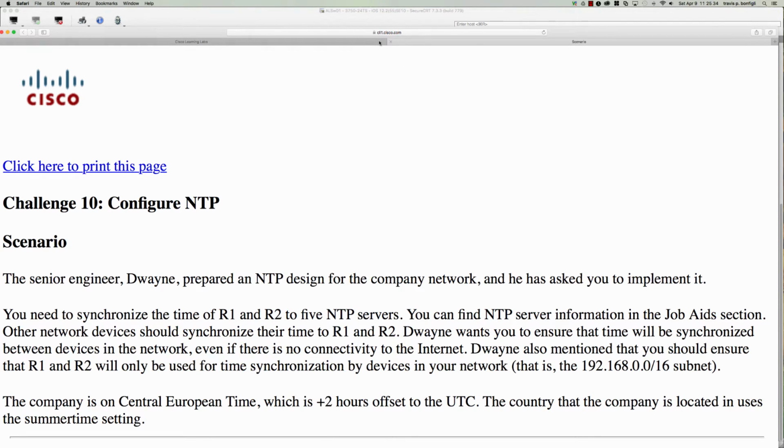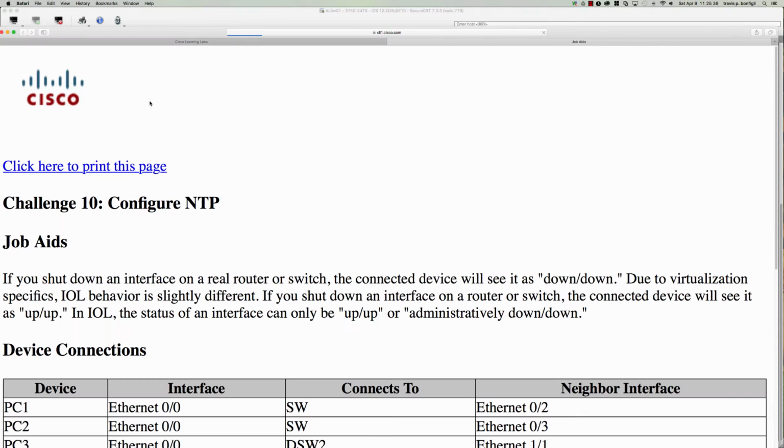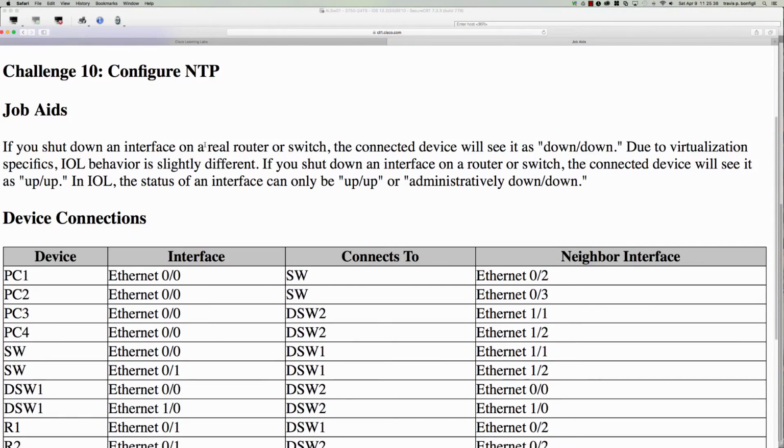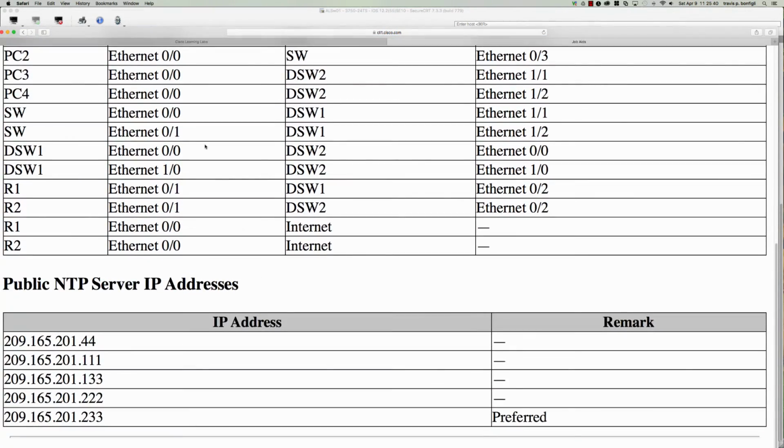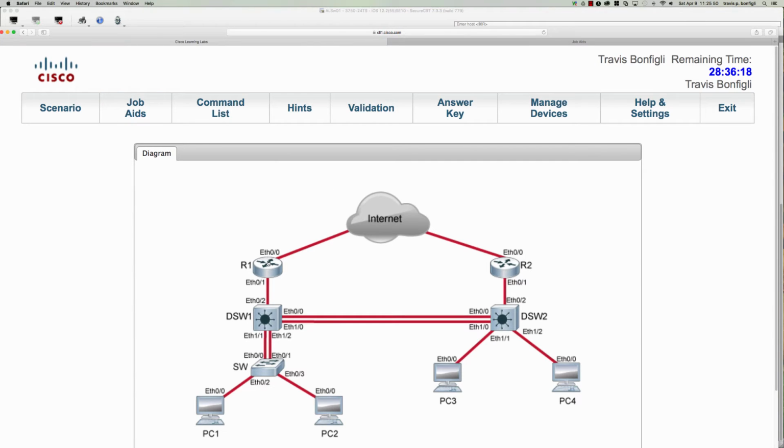So let's go ahead and take a look at the job aids here, and then let's dive in. So we've got all our interfaces. We're interested in those IPs right there. So 44, 111, 133, 222, and 233, those are going to be our NTP servers. So let's start up here on router